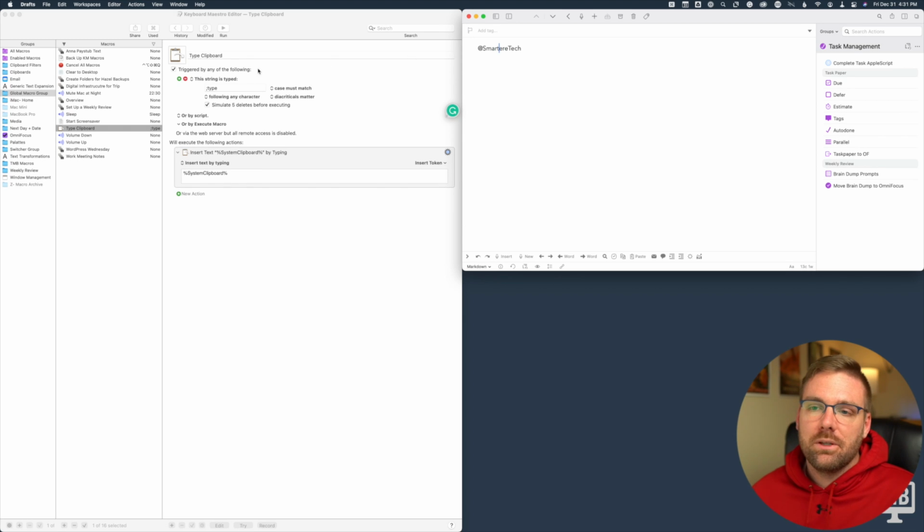This particular one will allow you to type it. So that's helpful in those secure fields online that you're trying to complete. But also I find it helpful for essentially pasting, even though it is typing, my clipboard without all of the formatting that might come from it. So if I copy and paste something from the internet, a lot of times it'll come with a lot of extra gunk. It comes with the colors and the formatting and the backgrounds and all that other stuff that I don't want.